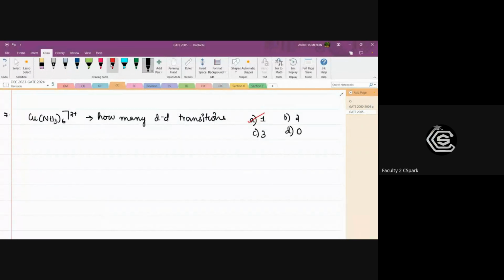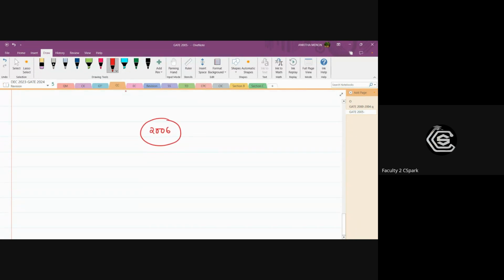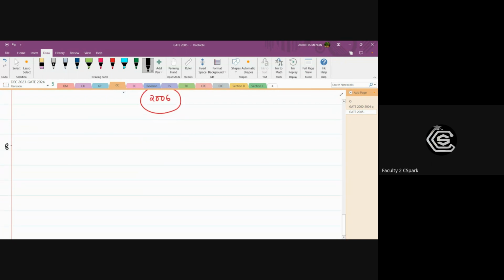Easy. So that is the end of the 2005 questions. You can see that there were 7 questions from coordination. Next, this question has been repeated in NET also. The pair of ions that commonly forms coordination number 2 is: